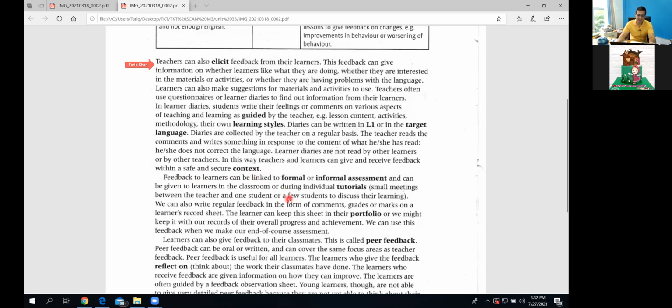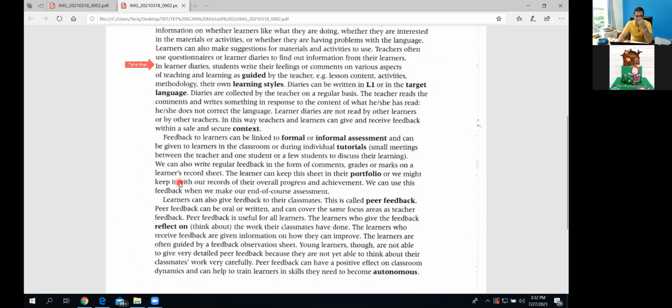Because psychologically, the children will not feel good if they have some problems and it is known by the other students. They try to hide that, and so that kind of thing, they will be feeling secure. Feedback to learners can be linked to formal and informal assessment